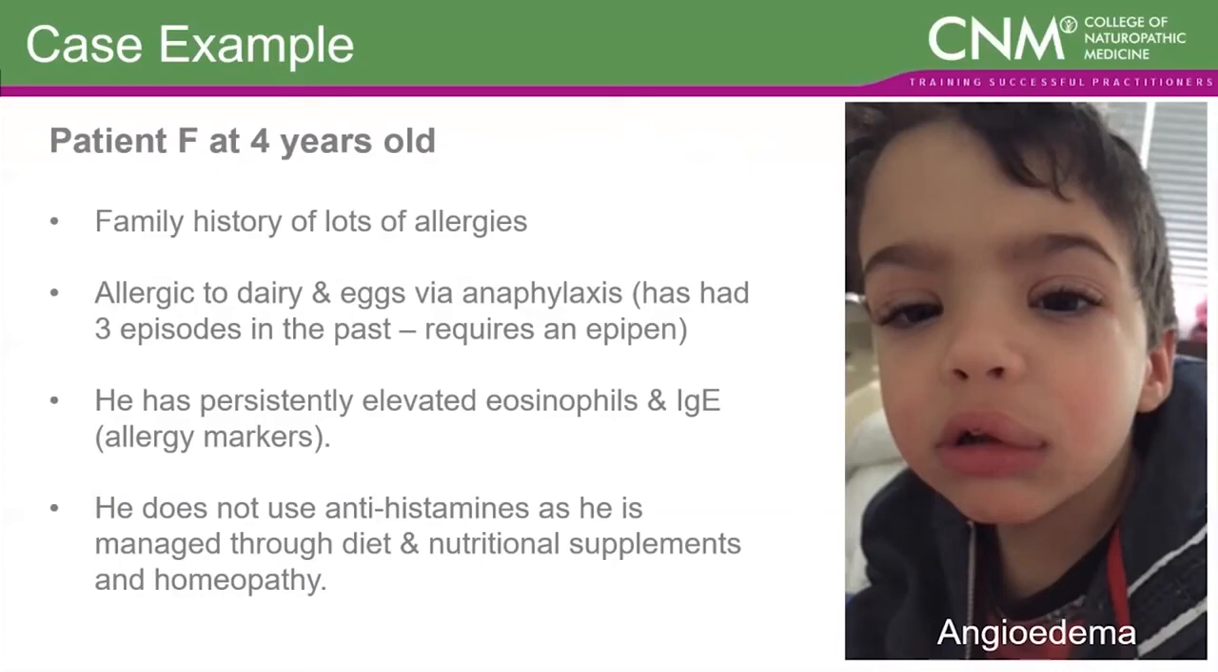From a blood analysis perspective, he has persistently elevated eosinophils and IgEs. Now, both eosinophils and IgEs, these are markers that we use to kind of measure the degree of atopy or allergic predisposition in an individual. So the higher the levels of eosinophils and IgE, the more active the allergy response is. Now, he doesn't use